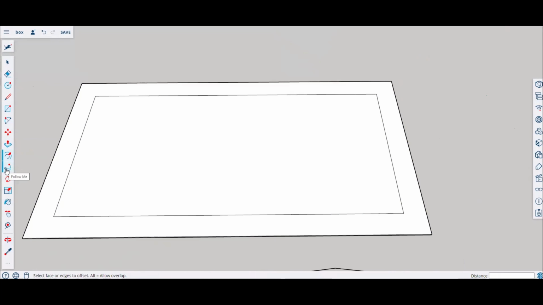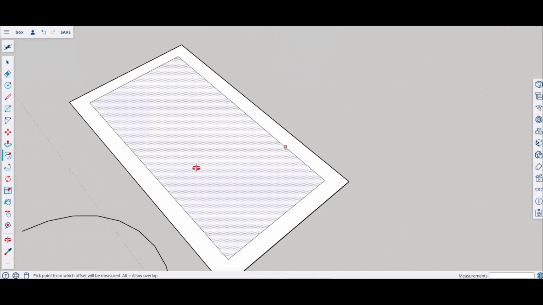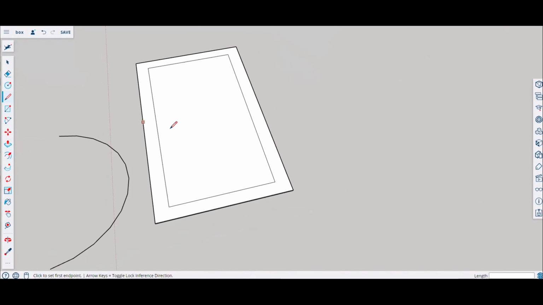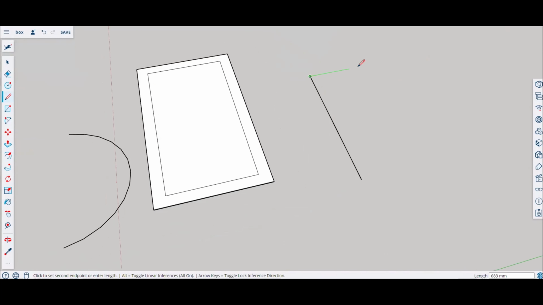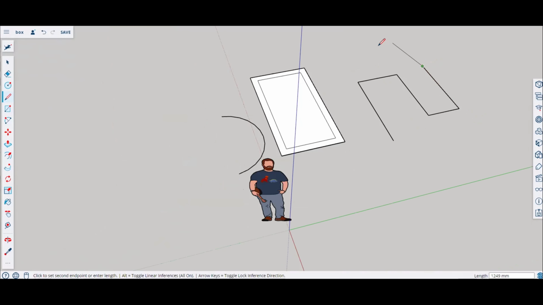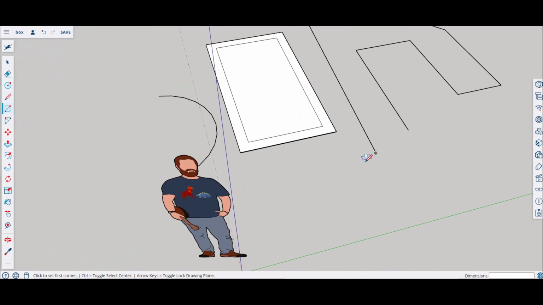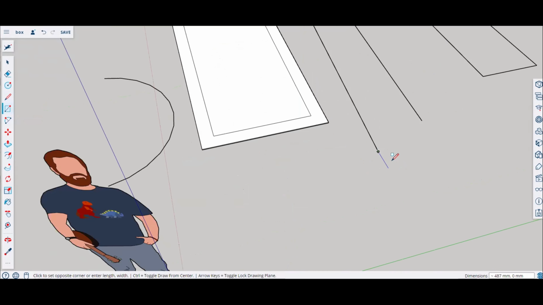And this is a follow me tool, which we're not going to use today, but it's a tool that I will show later on during the tutorials. Basically what it does, it allows you to draw a line however you want, in whatever shape and form you want. And then if you put an object, let's say like a square next to it,